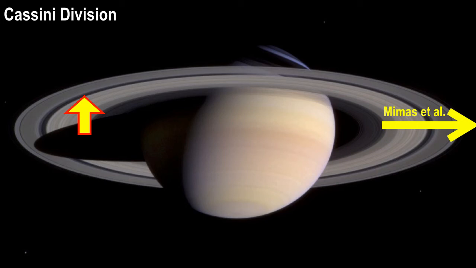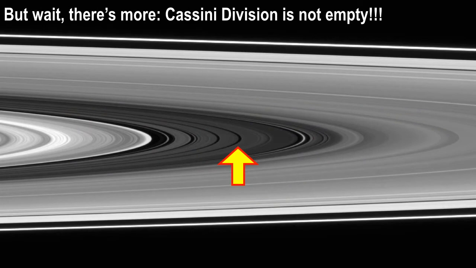But just like Jupiter is out past the asteroid belt, yet it clears different gaps in the asteroid belt, Mimas is out here, and we're pretty sure that Mimas is keeping the Cassini Division close to empty. But if you look at it closely, as the Cassini spacecraft has been doing for several years, you will see that the Cassini Division is not perfectly empty. There's still stuff in there. But look at all these